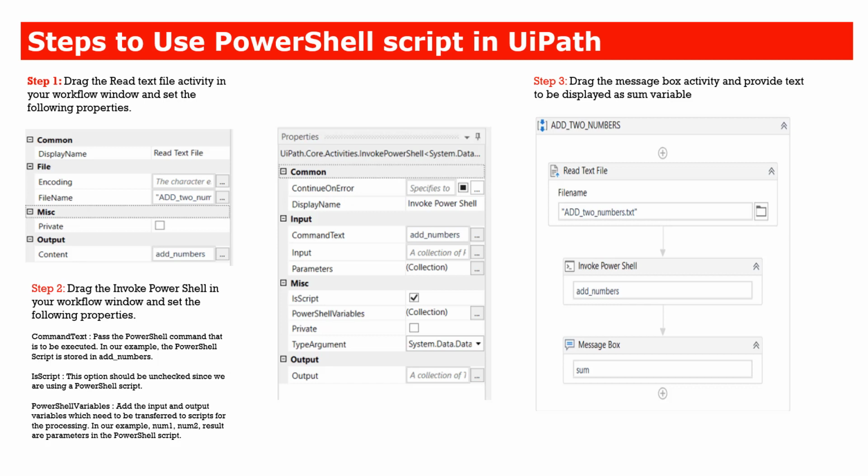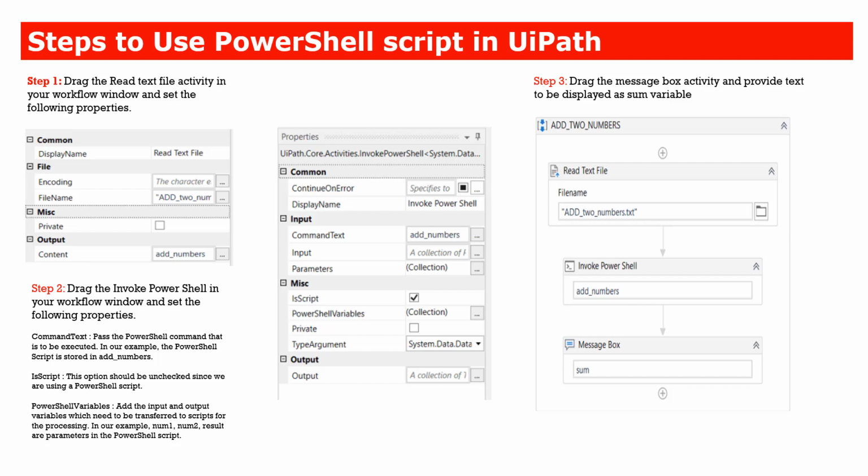To use the PowerShell script in UiPath, you need to follow three steps, and these steps are written here. We also have detailed documentation of each of these steps, step by step, on our blog, and the link is given at the bottom, so you should be able to follow in more detail if you want to understand each of the options. But let's look at how these steps work for integrating PowerShell.